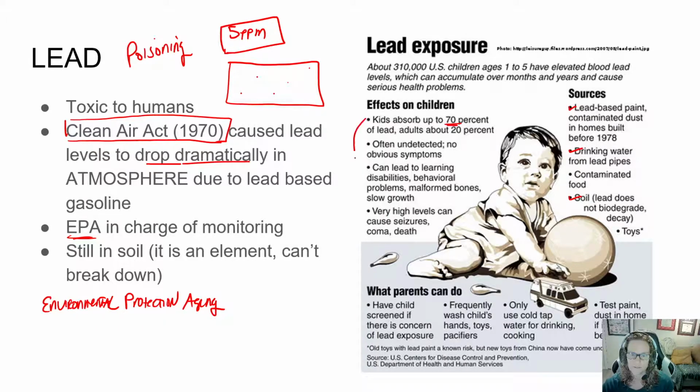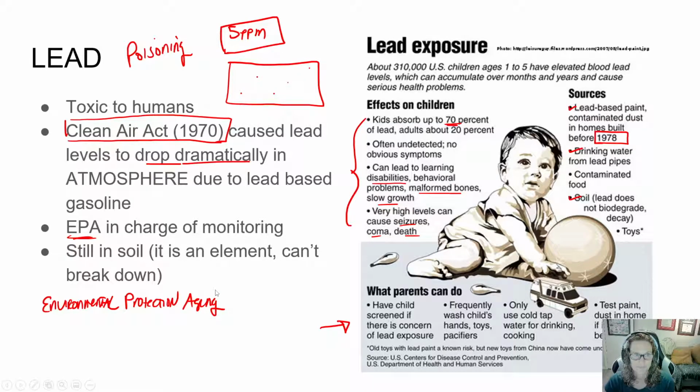So health effects of lead exposure are awful. It can lead to learning disabilities, behavioral problems. Their bones don't form right. They don't grow well. You can have seizures, comas, death, brain trauma. It's crazy. So wash everything out. Don't let the kids put stuff in their mouth. Make sure that you don't have leaded paint. And for you guys, if your home or apartment was built before 1978, you want to have a lead test and see if the lead has been removed from the paint around your place.